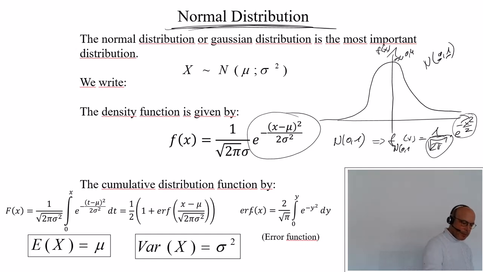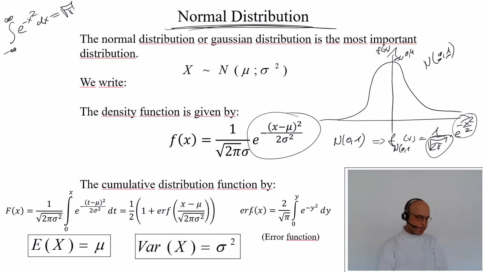Maybe in school you have calculated the integral of exp of minus x squared from minus infinity to infinity, that this is just the square root of pi. Well, a very famous result, because here you have pi, the circle number, and this is the Euler constant,